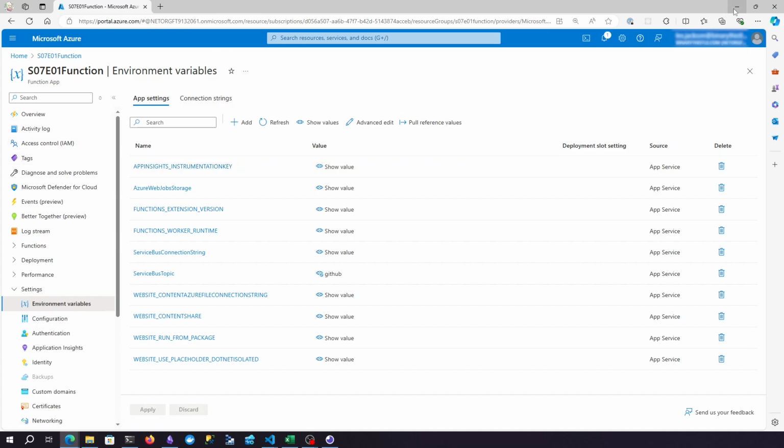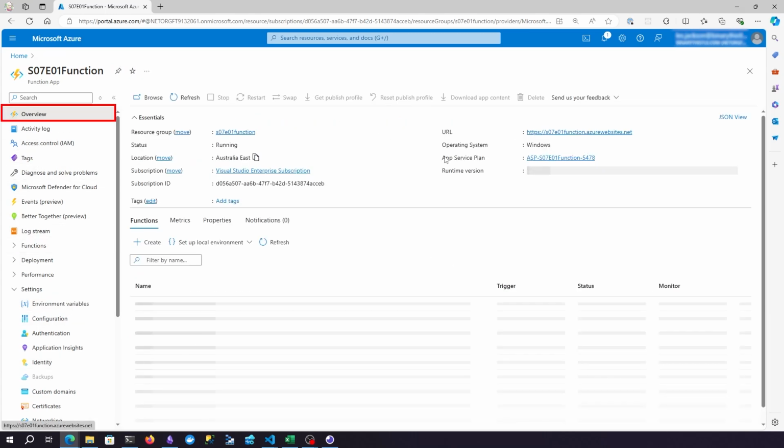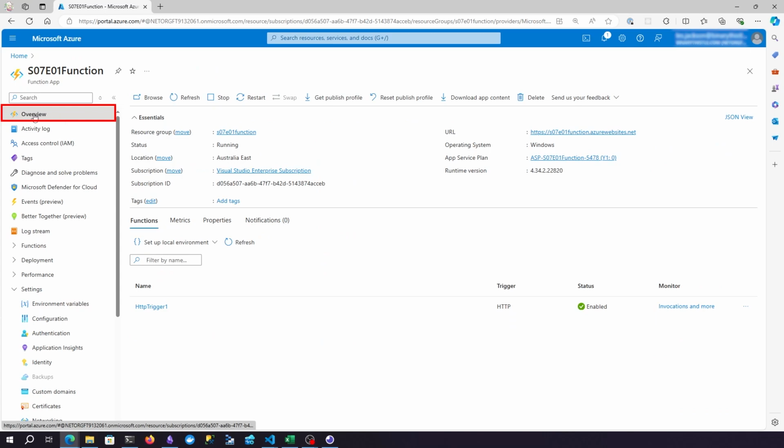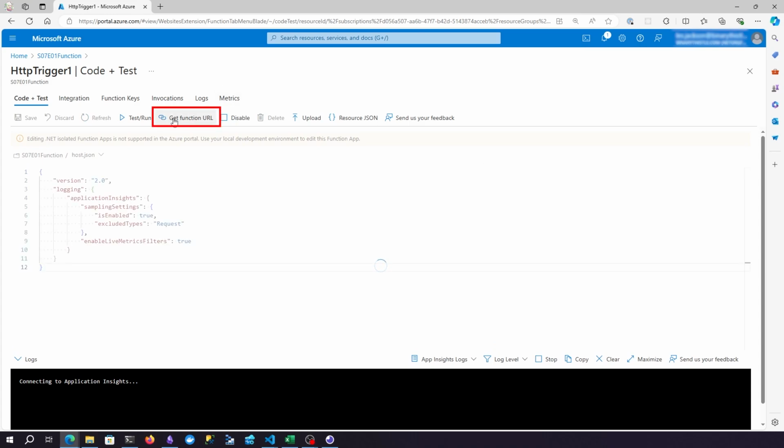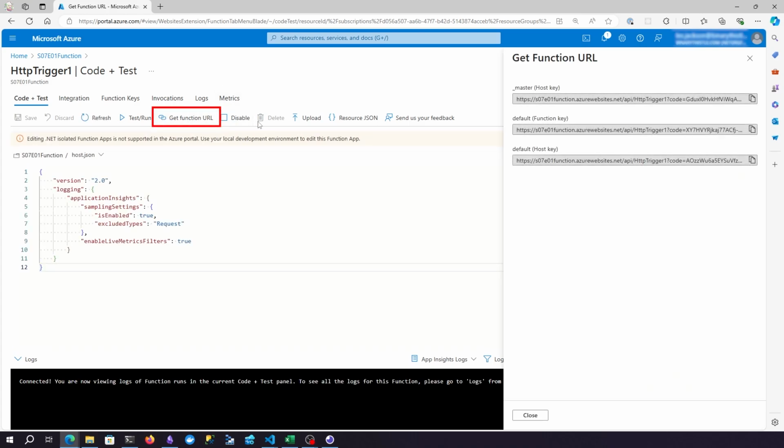Okay, excellent. So what we then want to do is actually get the endpoint of this function. The way we do that is come back to overview, come down to the HTTP trigger that we just created. And over here, you'll see this button, get function URL, and that will provide you with the URL to that function that we can call. So I'm going to copy this one here, the default function key, copy it to clipboard, and then I'm going to come back over into Insomnia,